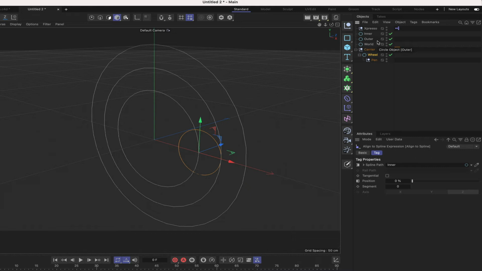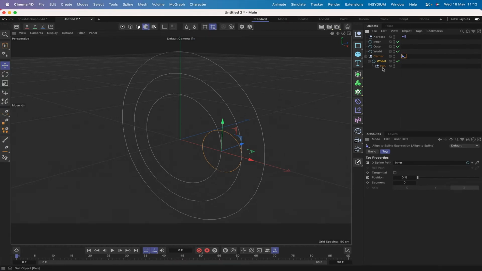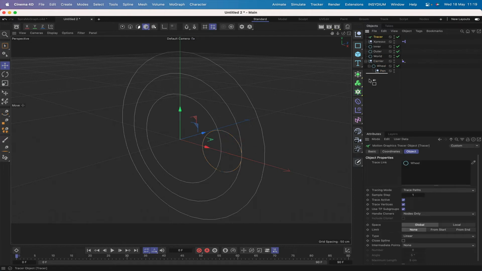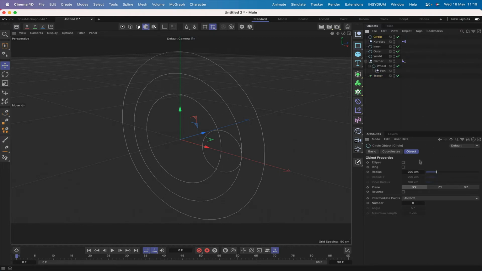Brilliant. So we can move on from here and start thinking about bringing in a tracer object which we can use for our pen. If we come into our drop down here, we can select a tracer, drop this down at the bottom of the pile. Now what I'm going to do, I'm also going to select or bring in a circle and make it 0.5 in the radius, bring that down here,